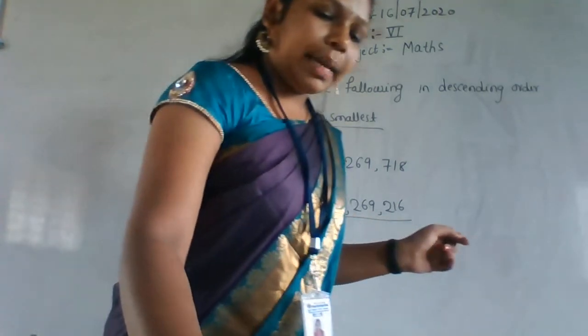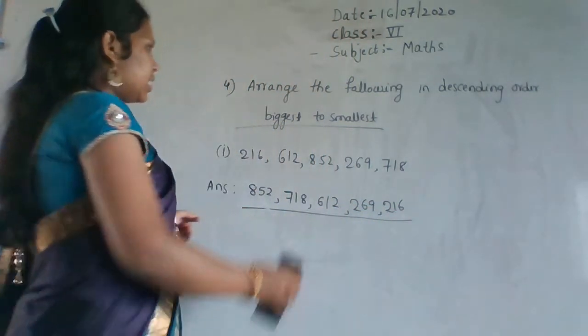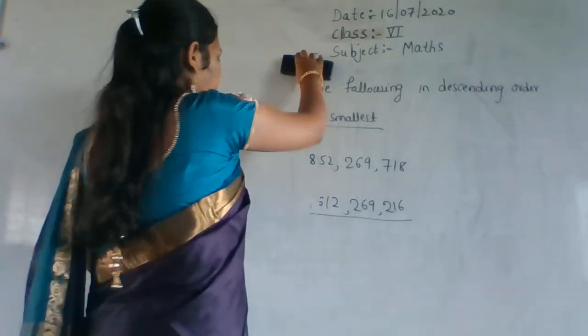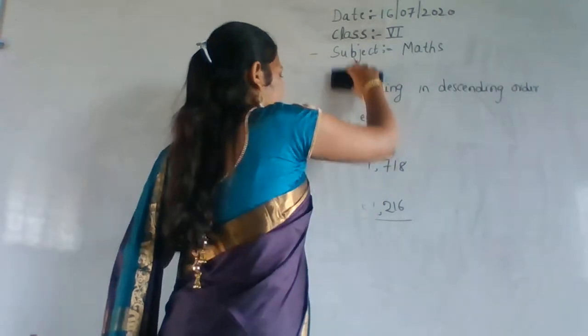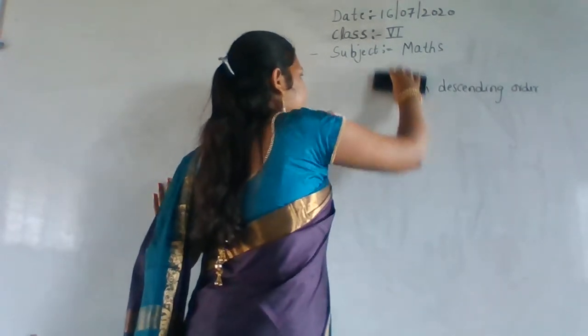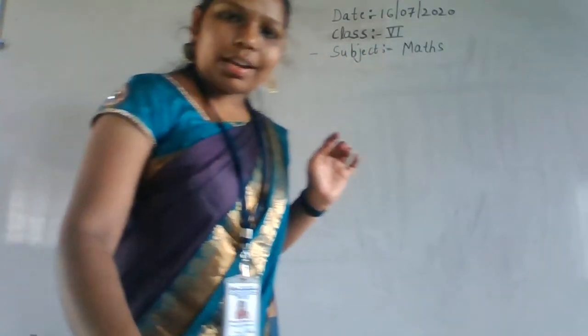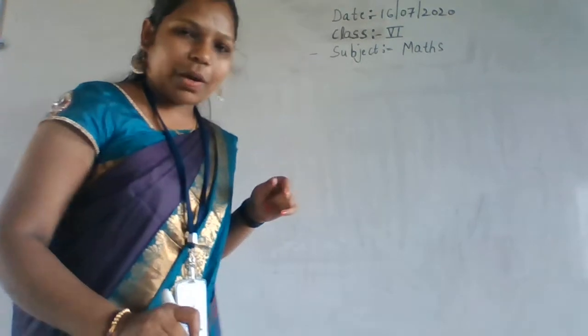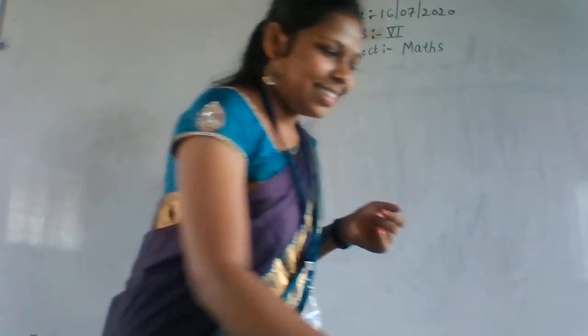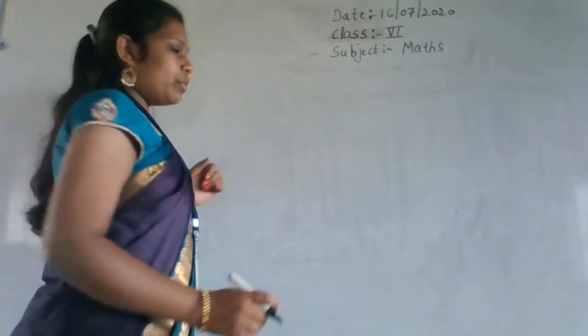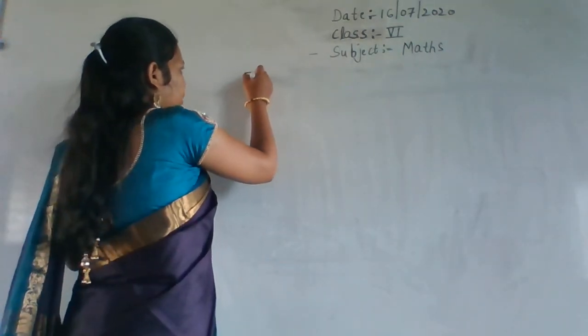Next, another 3 problems they gave in your textbook. You have to do it at home. That is homework for you people. Okay. Because it's a very easy topic. You have to do it because you are too intelligent, right? I hope you all are very intelligent because you are my students. That's why. Next one, we'll see about the formation of numbers.